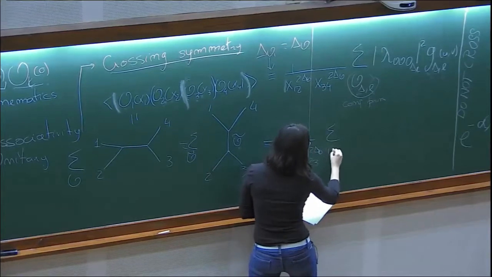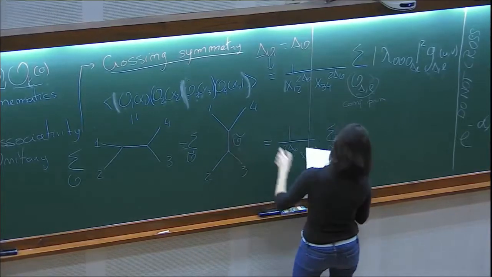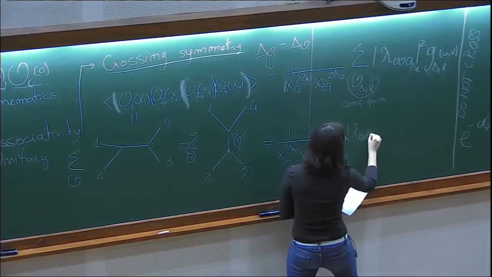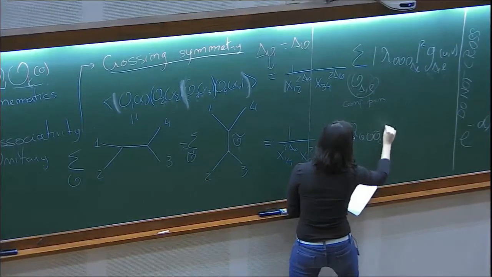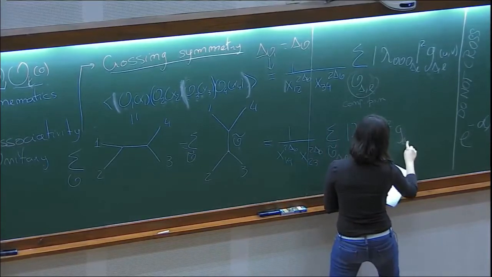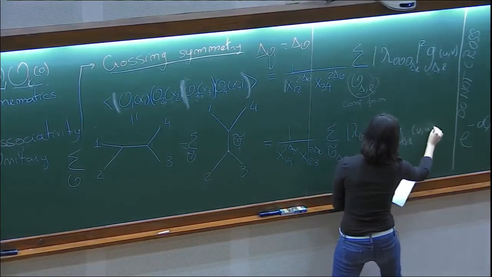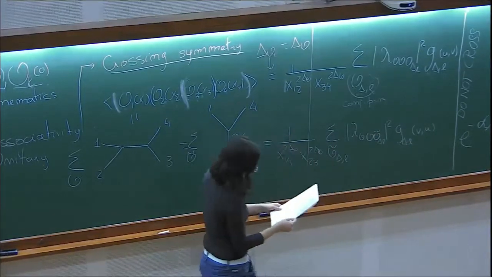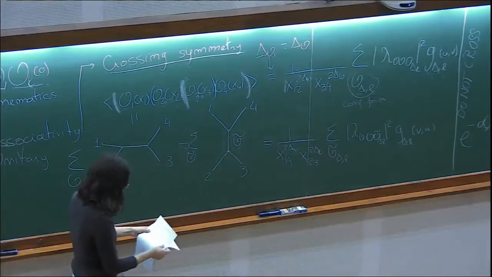And now I get the sum over the operators exchanged here, that I'm calling O tilde of delta L. The OPE coefficient squared, and the cross ratios appear exchanged. Okay, so now